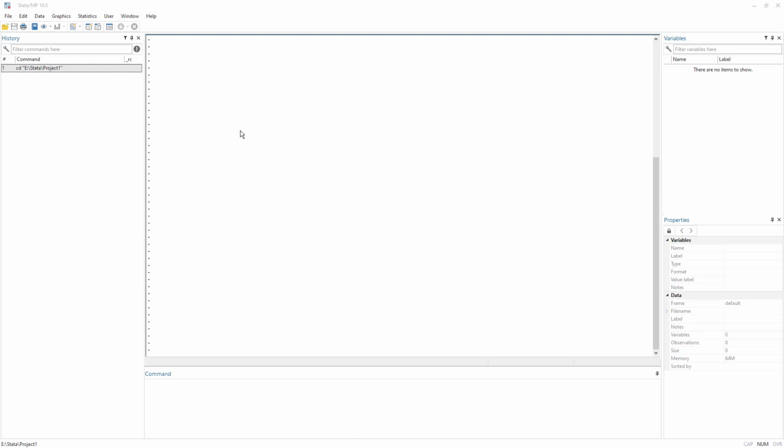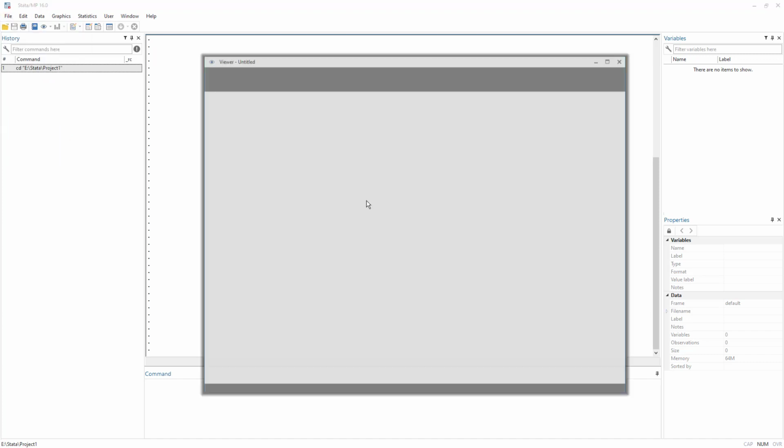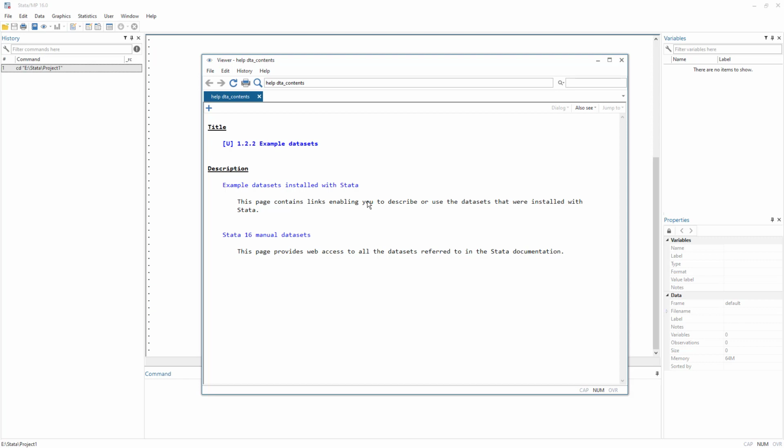So we have opened the Stata software. There isn't any data loaded. We are again going to load the example dataset, because the nature of example datasets is quite simple and we do not want to delve into the issues that we can face while loading our own customized dataset.